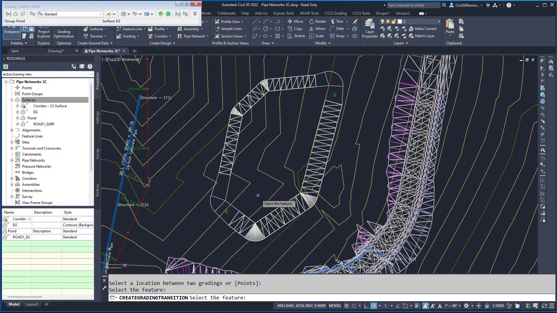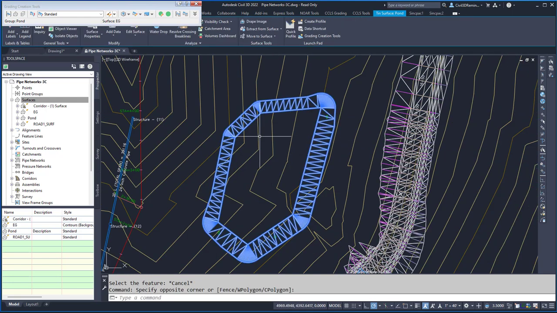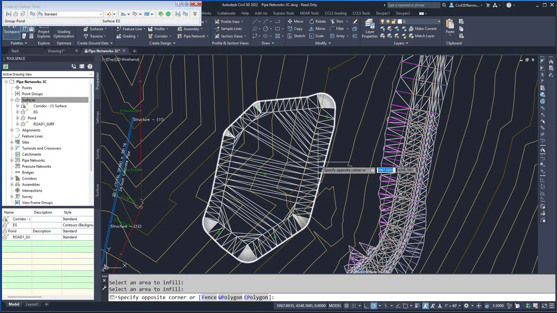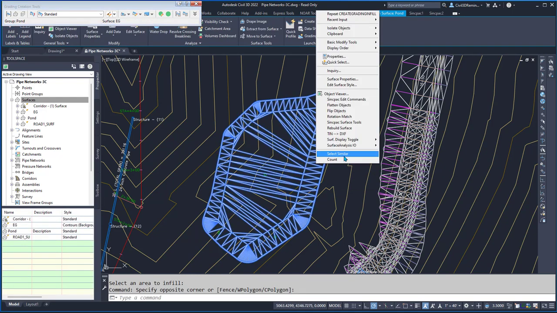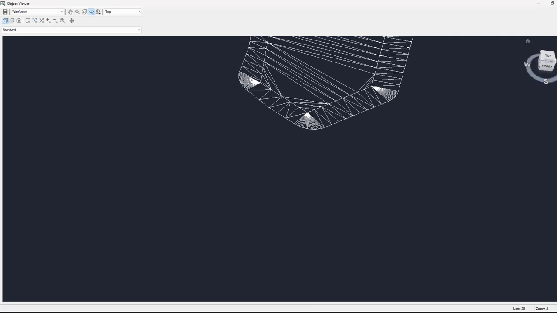And once I hit escape, it's going to update it. And now I've got that transition. I want to do the infill. So I'll go ahead and do that. And then I can go to Object Viewer and then view the